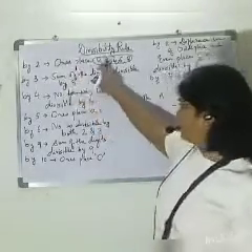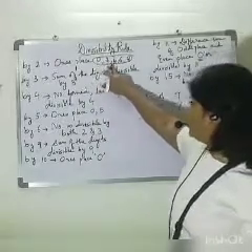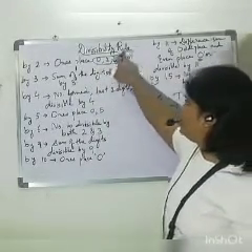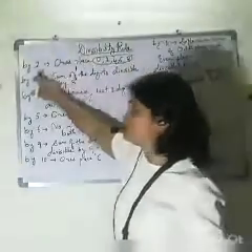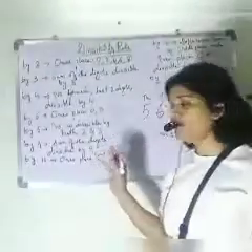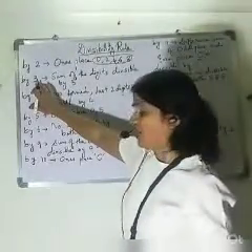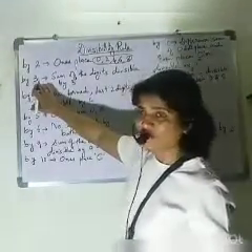So how will we check? At the ones place, the digit needs to be 0, 2, 4, 6, 8. Out of these, if any of the digits is there, then the number is divisible by 2. Understood? The next one. How will you check if a number is divisible by 3 or not?